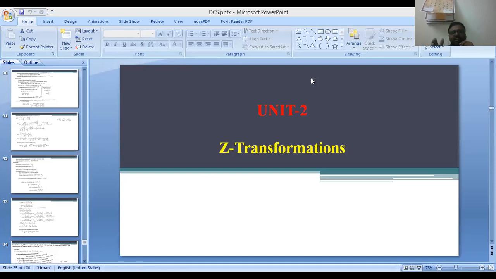If initial conditions are not going to be taken into account, we just have to take only the Z transfer function. Okay. You may be very familiar with that one. The initial conditions are going to be given only for the output function, not for the input function. Make sure about that. The initial conditions are going to be assumed only for the output, not for the input.